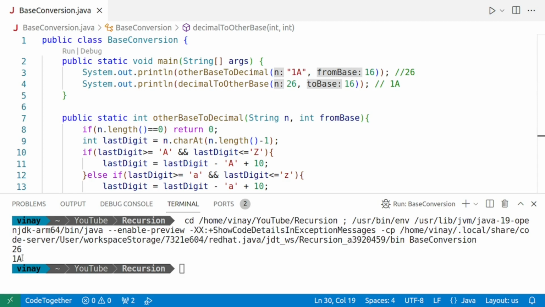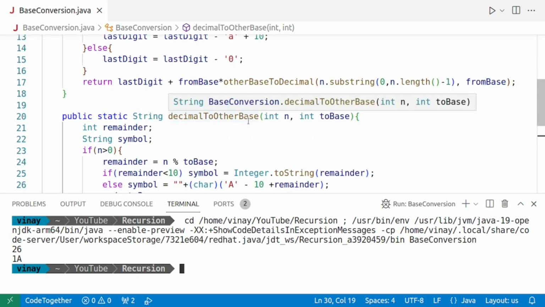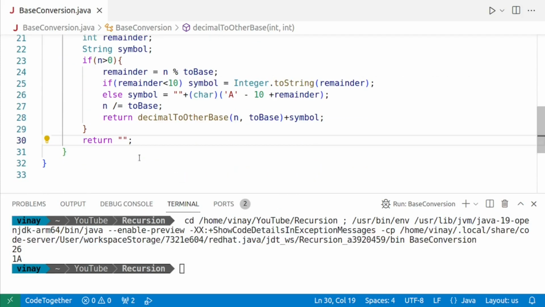And here we are getting 1A. So we have done the individual parts, that is other base to decimal and decimal to other base. Now we have to write the main method, or rather the wrapper method, which will do the actual job. So now we have to make the method convert base that will simply call these two functions,